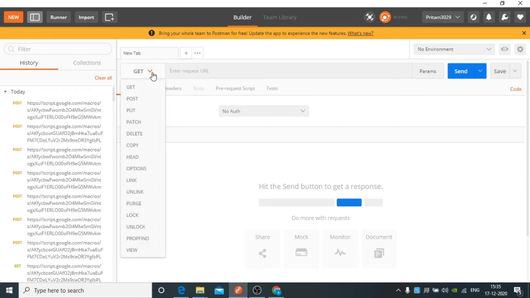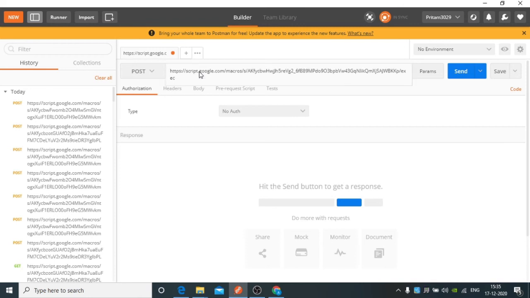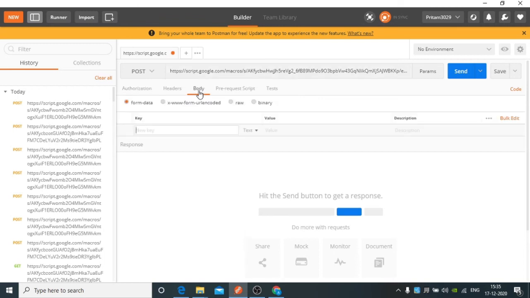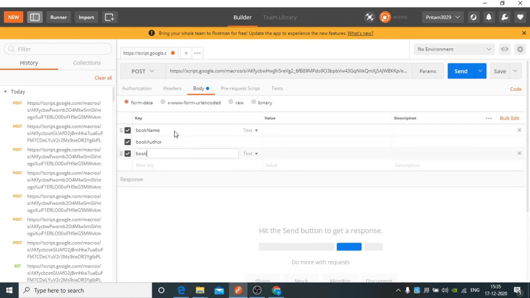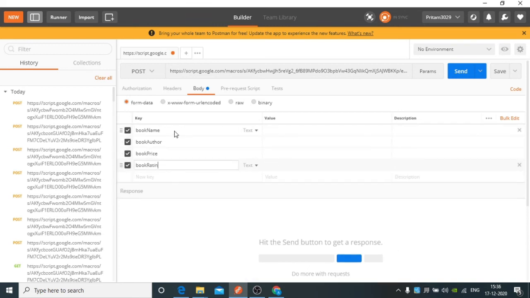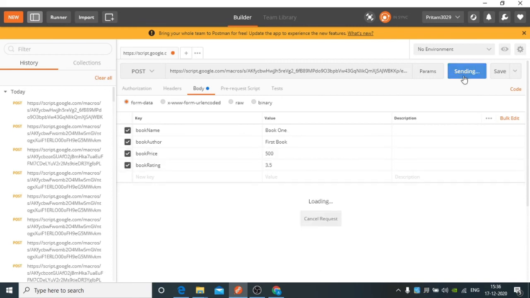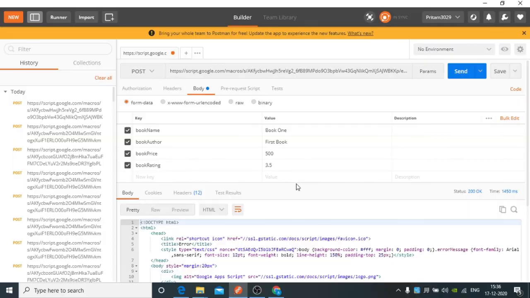In Postman, convert the request to POST and paste the link. Here I am writing the key and its value. Here something is wrong.